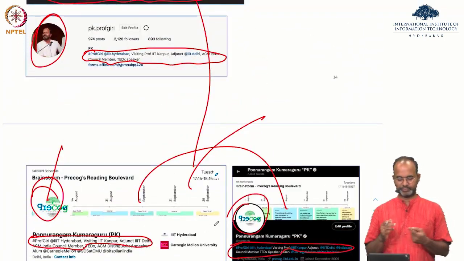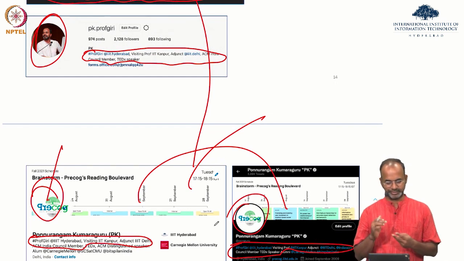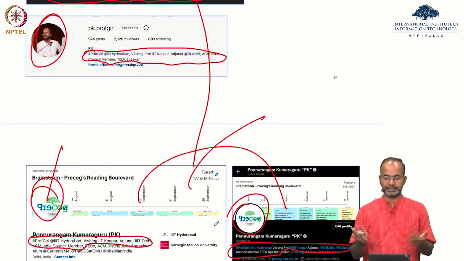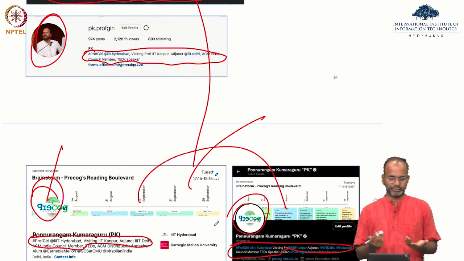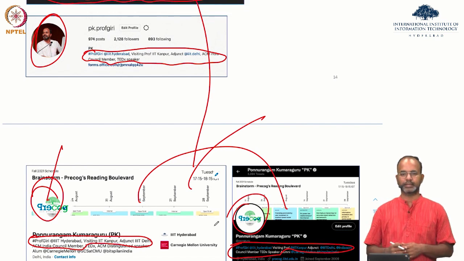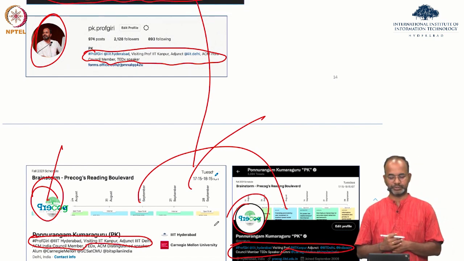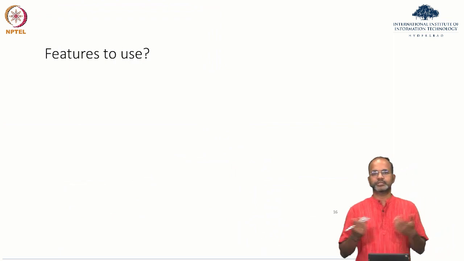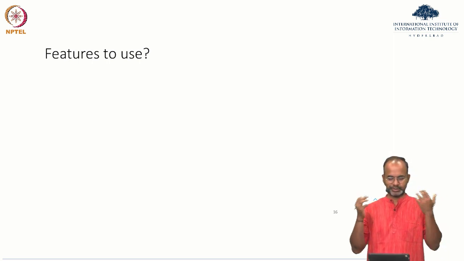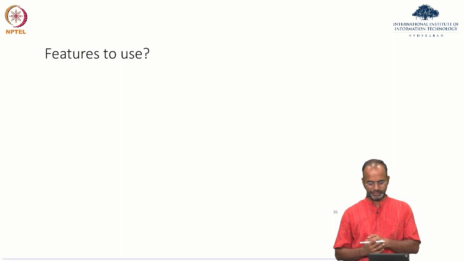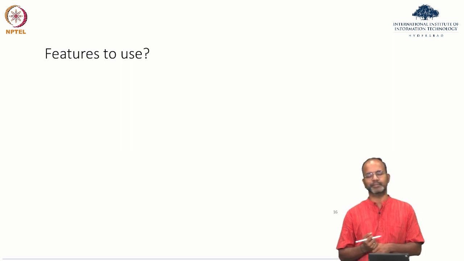All right. So now you can actually look at the profile picture, cover picture, and the profile information itself. What have I written in my profile? You can use all that to figure out that it is potentially the same user. So these are features that you can think of. When you look at your own profile, you can look at them and think about any other interesting features. I'm sure if you think about it for a second, you can come up with many more. I think there are a lot more features you can use.